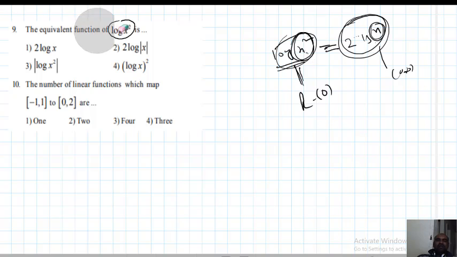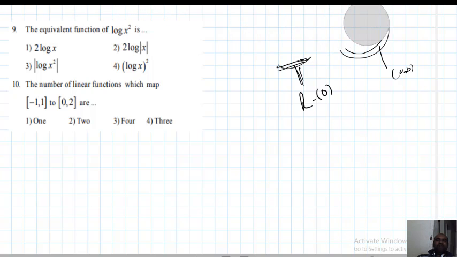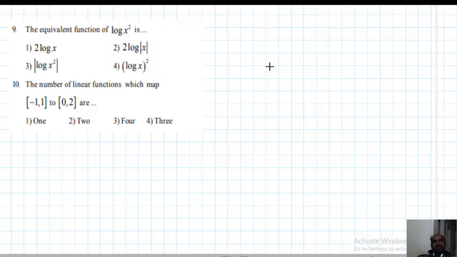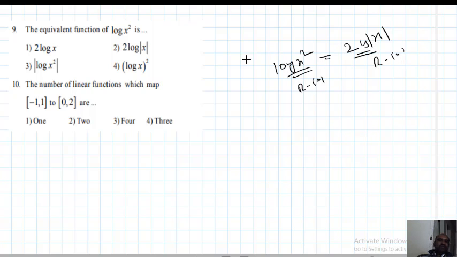But the question is, log x square is equal to which of the following functions? Under what conditions are those two equal? That is important. Okay, log x square is given. Generally we will write 2 log x. This is wrong. If you write the modulus, then it is correct. Observe. What is the domain of this? All real numbers except 0. What is the domain of this? All real numbers except 0. Negative numbers can also be taken, since the modulus is there, no problem. What is the meaning of that? These two are the same. That's why I can say that my option is 2.